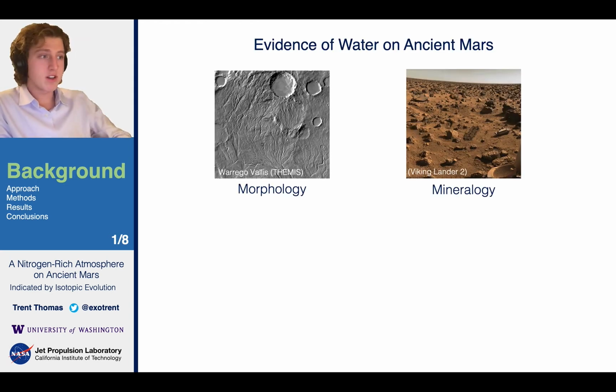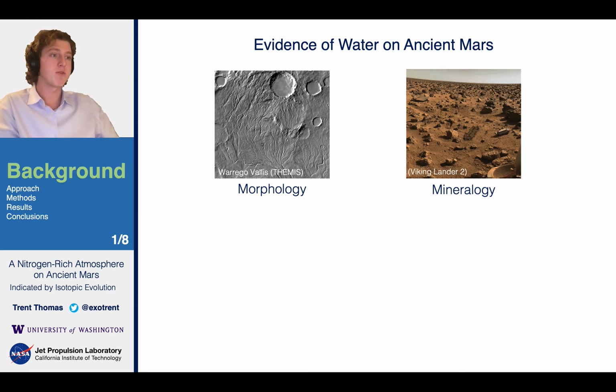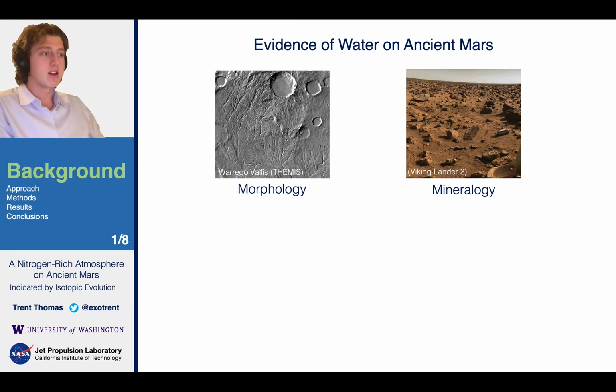It's no secret that there's evidence for water on ancient Mars. The morphology shows evidence of precipitation in the form of valleys, lakes, and deltas, and the mineralogy shows alteration products that only form in the presence of water. So we wonder what type of atmosphere on ancient Mars would be consistent with this evidence and allow sustained liquid